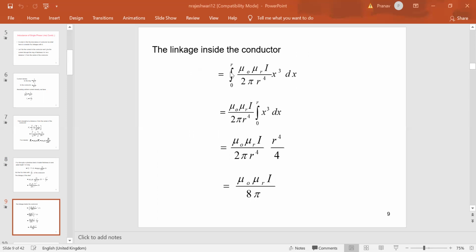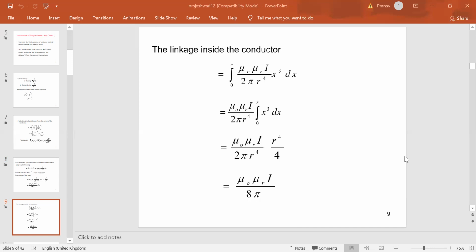So the integration over 0 to r of mu naught mu r I divided by 2 pi r power 4 into x cubed dx, where mu naught, mu r, 2 pi, r power 4 and also I are constant values. By taking these terms common,